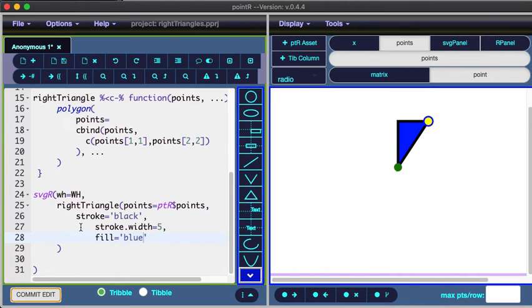All right, so that pretty much sums it up. We now have a bona fide compound, right triangle, and it can generate triangles. I hope you enjoyed this, and we're going to use this in the next video, which will deal with building